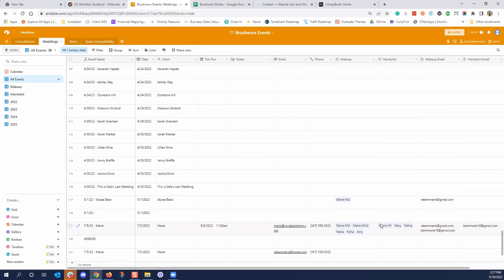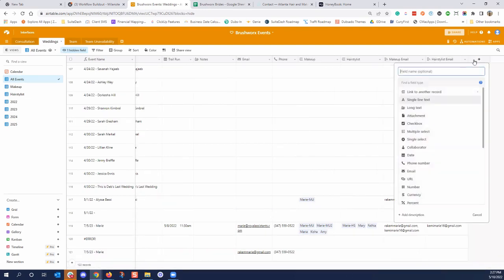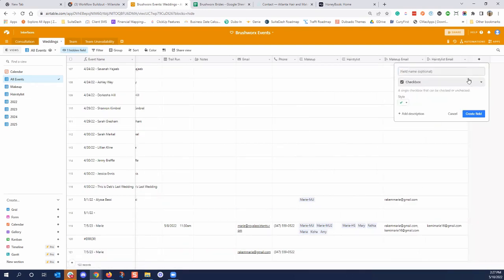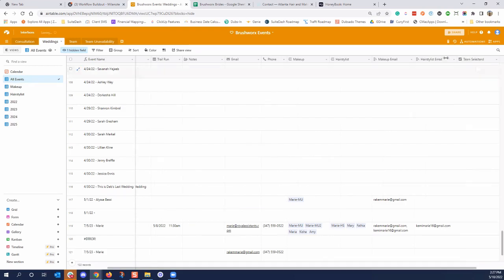Okay. If it's not possible, however, I do want to have another tab that will be like a checkbox tab, and it will look like this. So I can show you, it's just one more step. It's not going to be anything crazy, but I'm going to name the checkbox tab something better. Once you've selected your team, you check this box, bam, and then this email is going to send out to the entire group to say, hey, you've been added to this wedding.